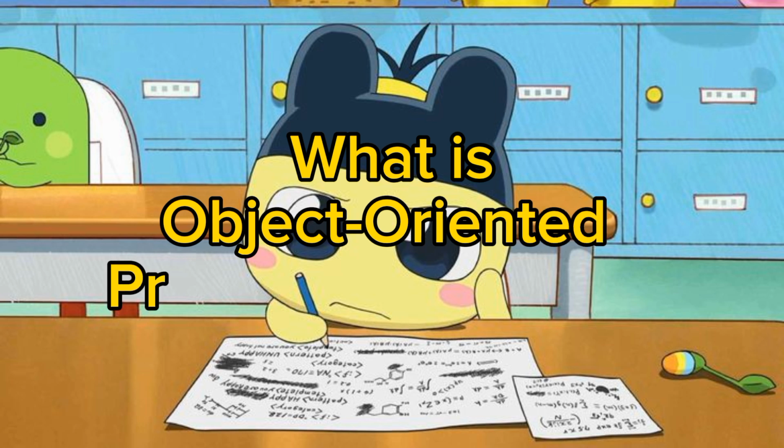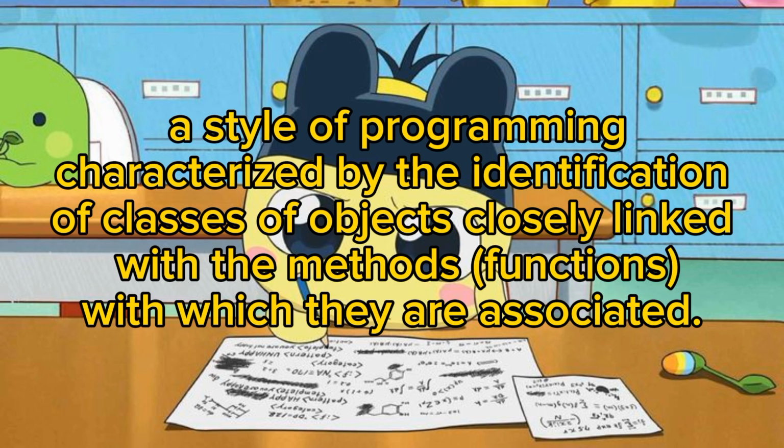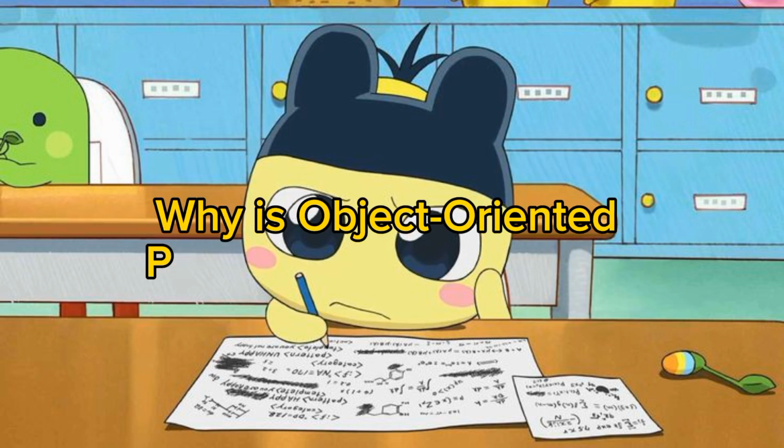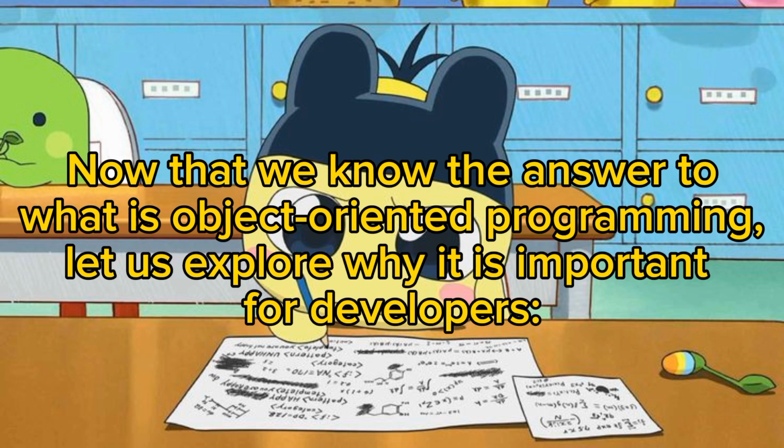What is object-oriented programming? A style of programming characterized by the identification of classes of objects closely linked with the methods, functions with which they are associated. Why is object-oriented programming important? Now that we know the answer to what is object-oriented programming, let us explore why it is important for